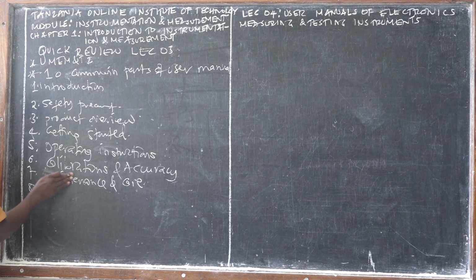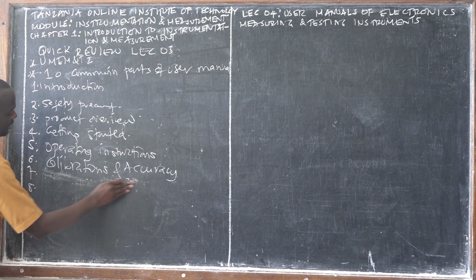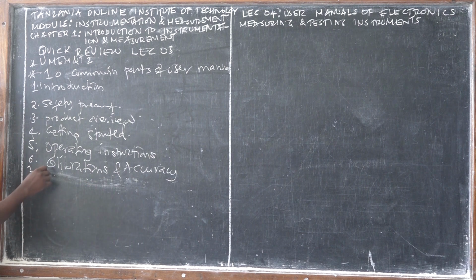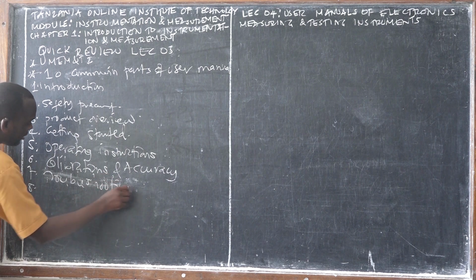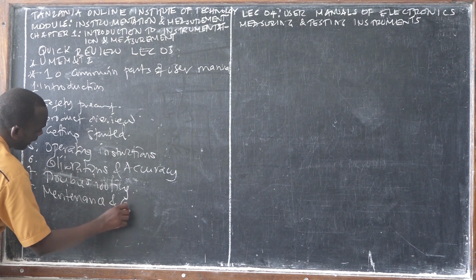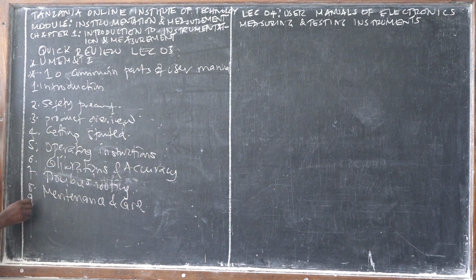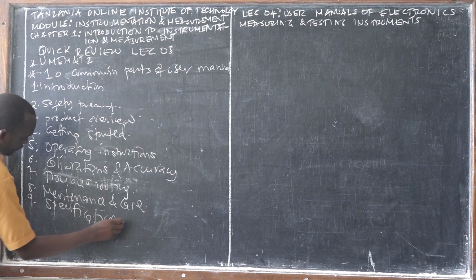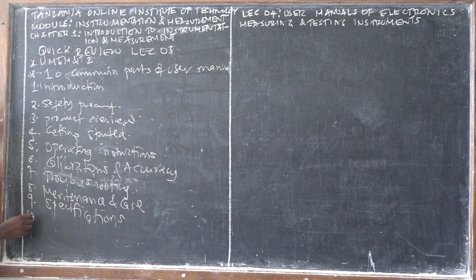No, number 7 is not maintenance. Yeah, so now you have already lost it. Number 7 is troubleshooting. Is it troubleshooting? Okay. Then number 8 is what? Maintenance and care. Then the 9th part is called what? Specifications. So you can ask your neighbor, what are your life specifications? Then number 10 is called what? Warranty